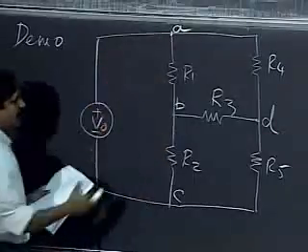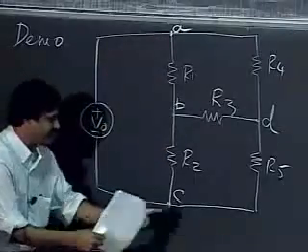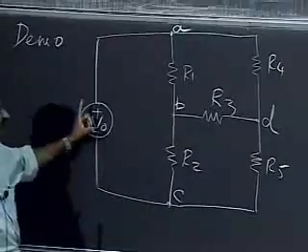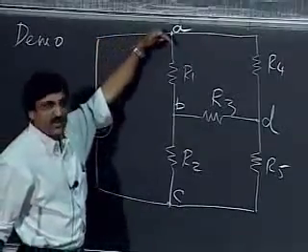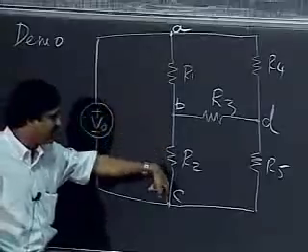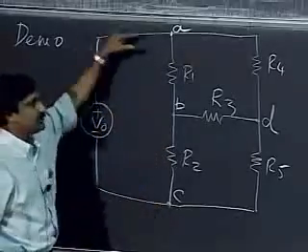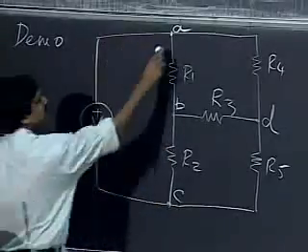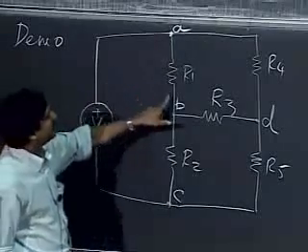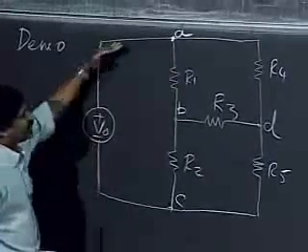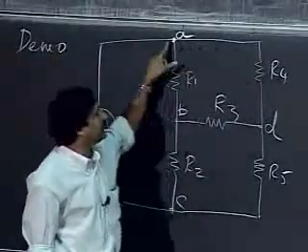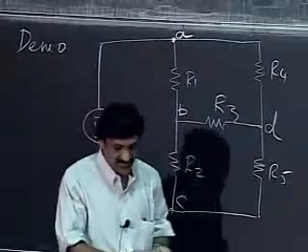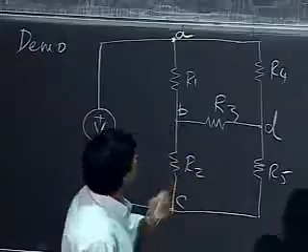In terms of terminology, remember, this is called a loop. So if I start from the point C, and I travel through the voltage source, come to the node A, down through R1, and all the way down through R2 back to C, that's a loop. Similarly, this point A is a node where the resistor R1, the voltage source V0, and R4 are connected. Just make sure your terminology is correct.